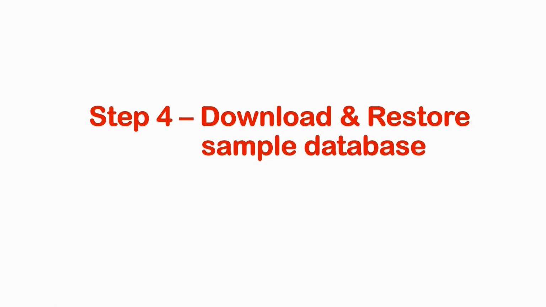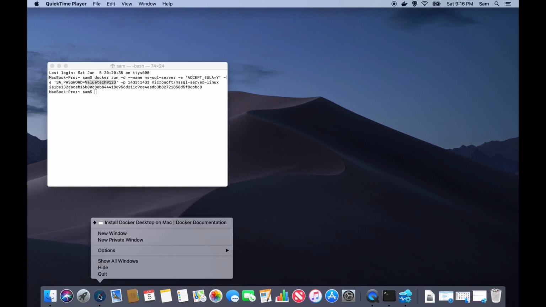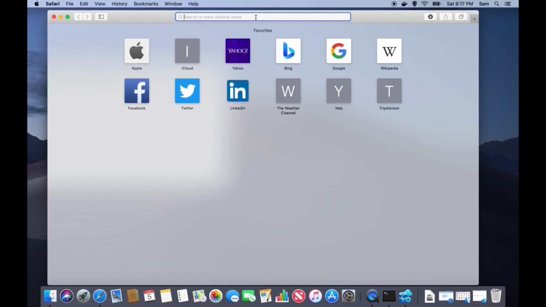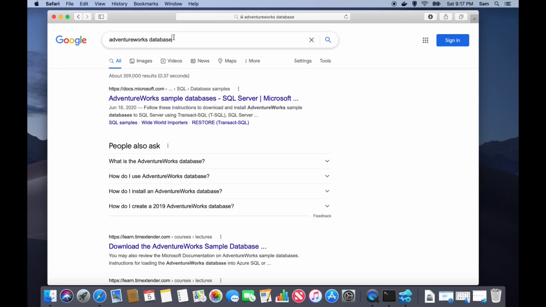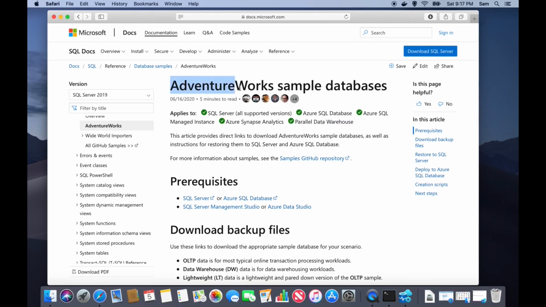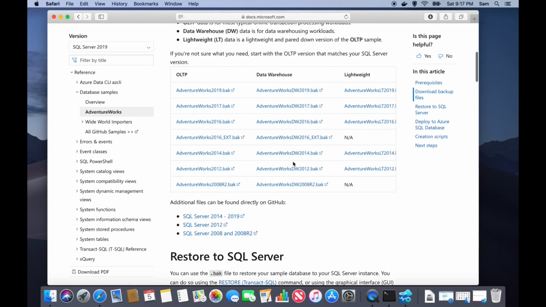In this step, I will show you how to download and restore the sample database. Minimize your Azure Data Studio and go to a browser window. And type in AdventureWorks database. You can see the official Microsoft website, AdventureWorks sample database. Click that link and you can see the sample database AdventureWorks. Scroll down and under OLTP,